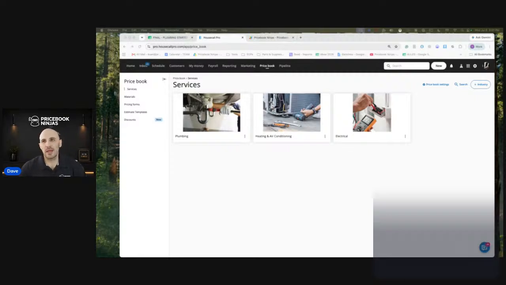Okay, so today we're going to cover Pricebooks. We're going to walk through, again, a little bit of the service price book inside of Housecall Pro. We will build an estimate or job, do some manual option building, not the estimate templates, and then something that